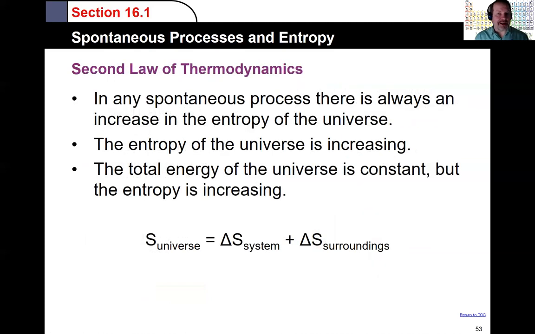Okay, the second law of thermodynamics gives us something quantitative to work with, that we can actually make some calculations. But we need to know 2 things now: the entropy of the system and the entropy of the surroundings. If we can calculate those, we can see if S of the universe is positive. It means it's increasing. This is going to be a spontaneous chemical reaction. So that's really great. Now the entropy of the system, as I mentioned, we can calculate from some tables using the summation method, and more in my video entitled Entropy in a Nutshell. That'll help you figure that part out.